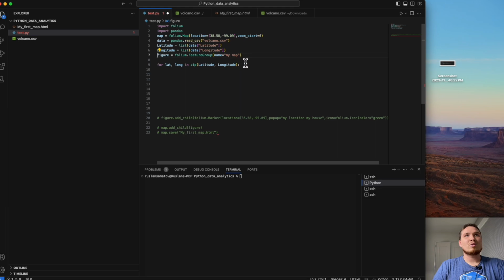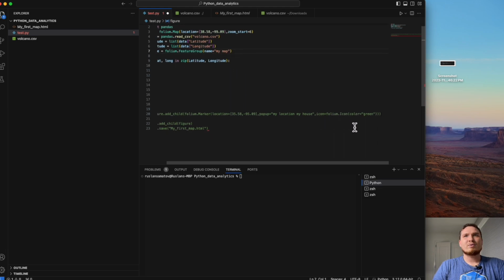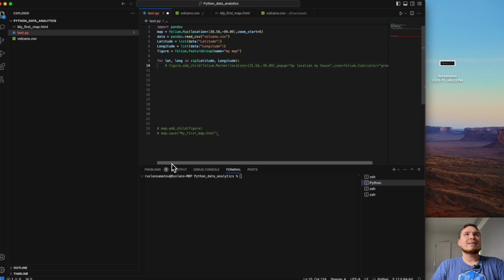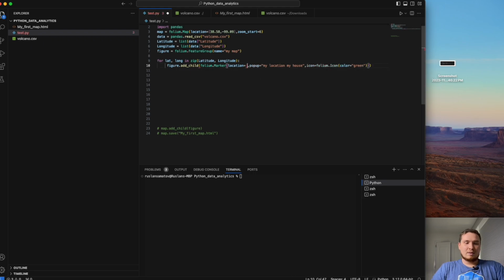We call it my map. And this line of code, let's copy as well and put it under the for loop. Okay, let's add marker and modify a little bit. So instead of our location, as you can guess, we need to pass two parameters, latitude and longitude. So in this case, it will read both, right? So let me remove this. I will have two parameters.